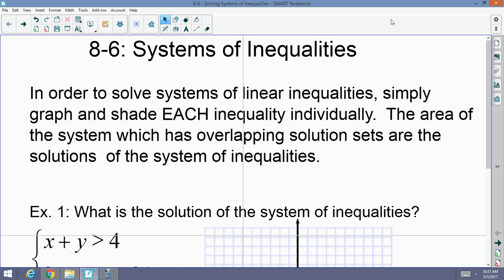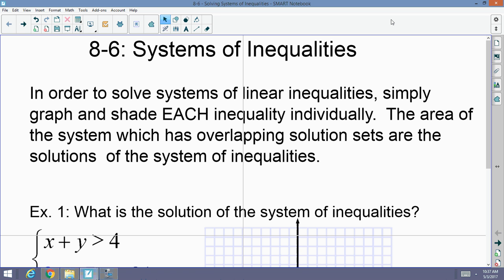Today, guys, we're going to wrap up Chapter 8 by talking about how to solve systems of inequalities. You guys remember inequalities, right? Less than, greater than, all that good stuff. Well, in order to solve systems of linear inequalities, simply graph and shade each inequality individually. The area of the system which has overlapping solution sets, that's the solution of